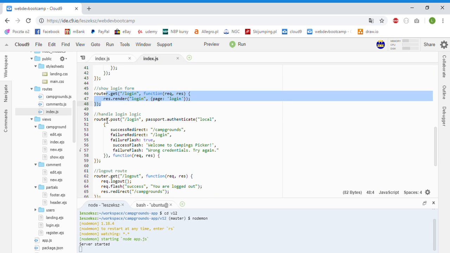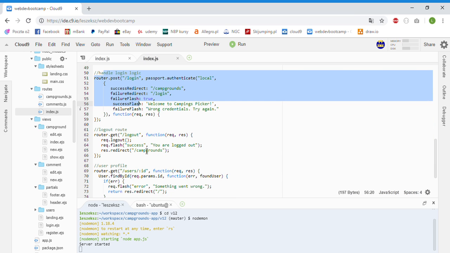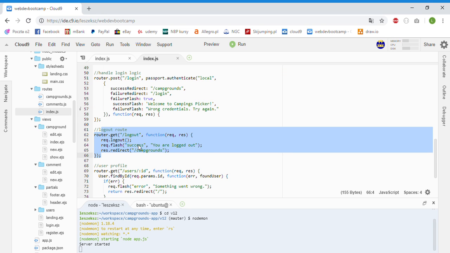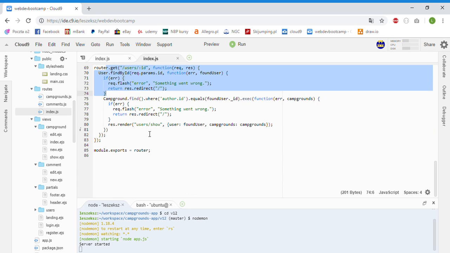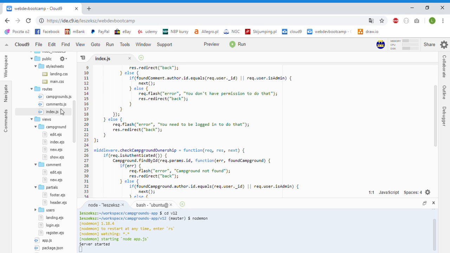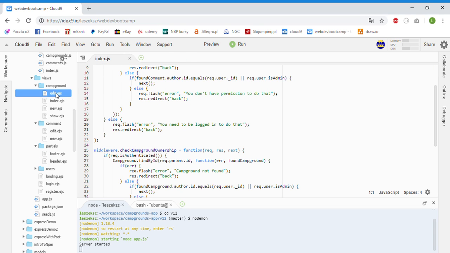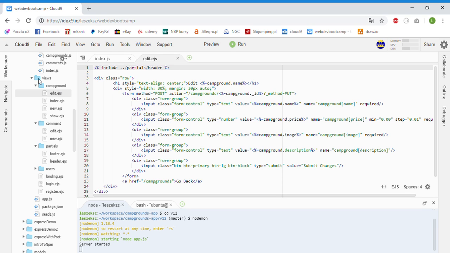Later showing login form and handle pressing the login button, pressing the logout button, pressing the user profile, and that's it. Now we have views. They are divided into views that have something in common with campground and comment, and we have partials and views with something in common with users. I'm not going to show you all of them, no point in doing that, but